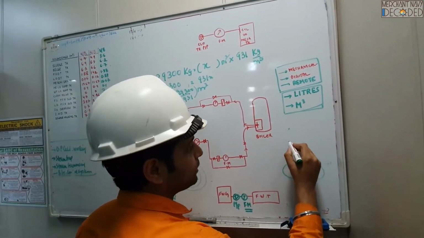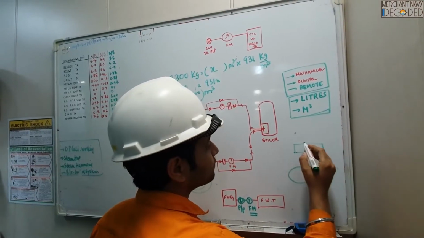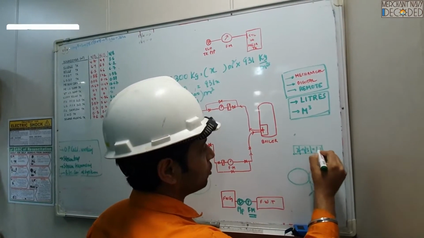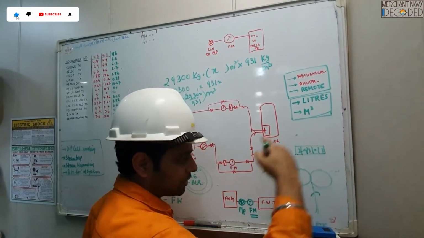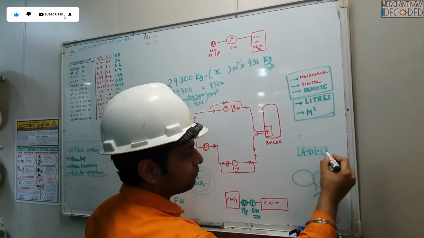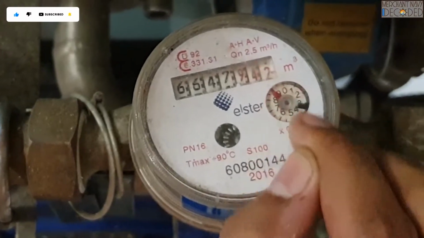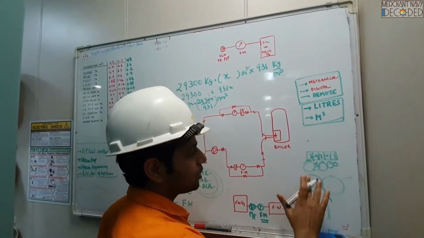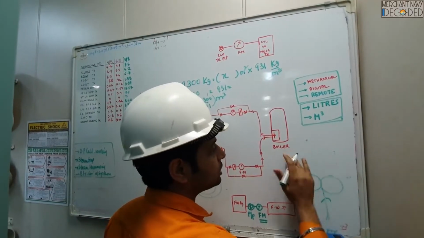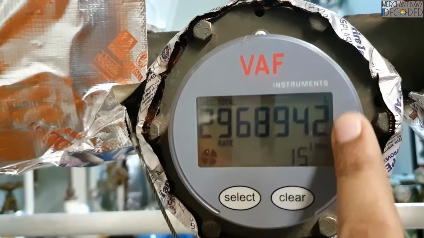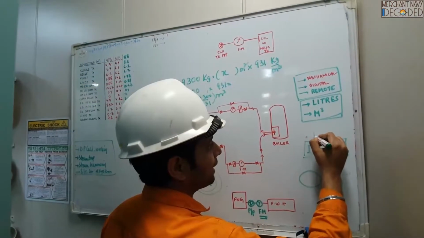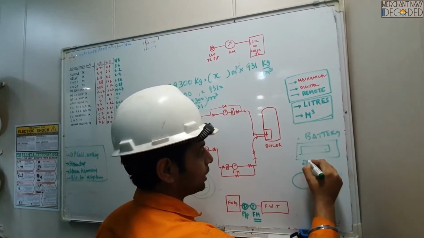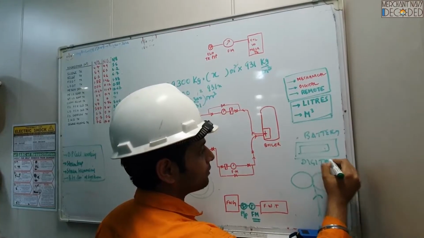And these flow meters can show a number system like 2, 9, 3, 0, 1, something like that. This meter is rotating like this, and the numbers will keep on changing because of different gears fitted over here in a ratio of 1:10, something like this. Or these can be digital as well, where a value comes straight away, and these are battery operated. Digital ones will straight away show you the value.